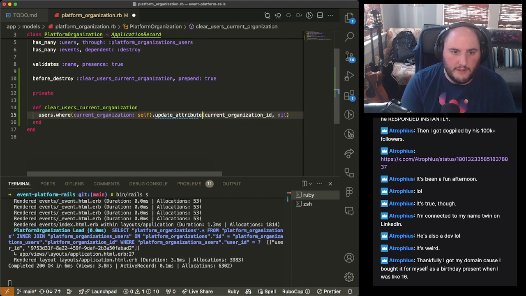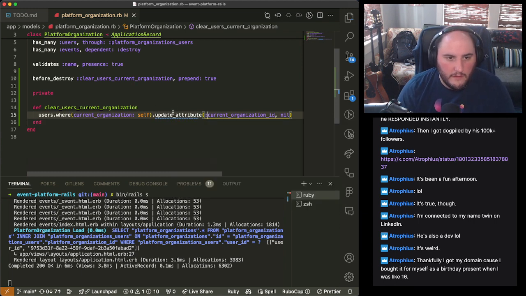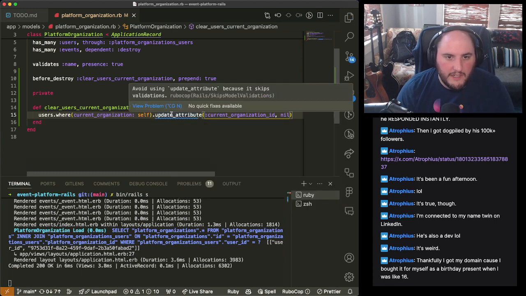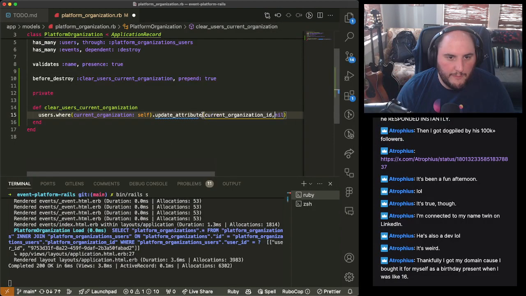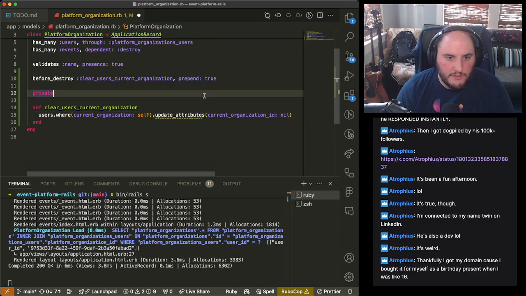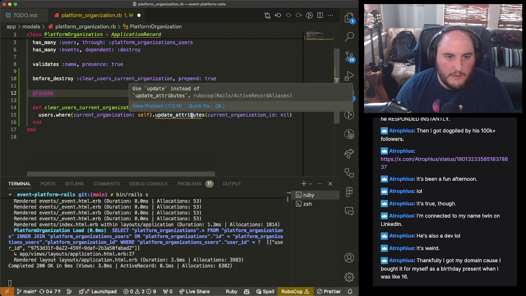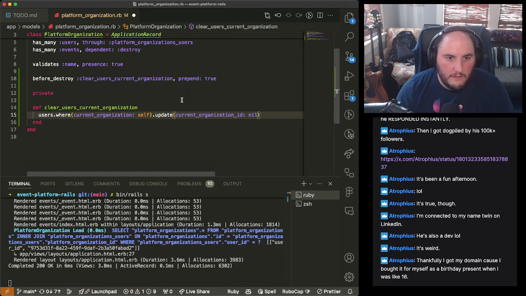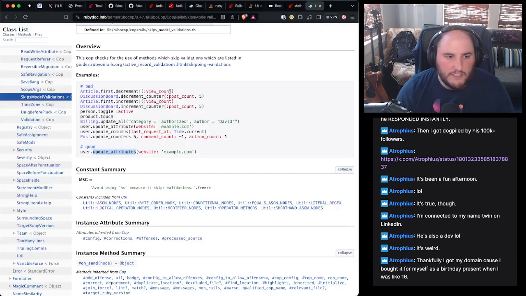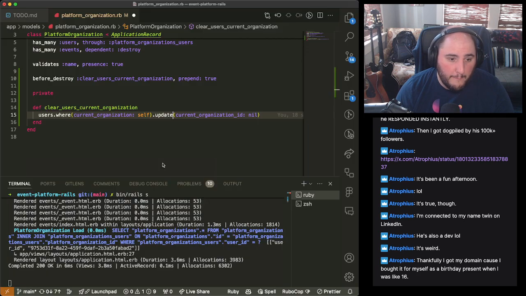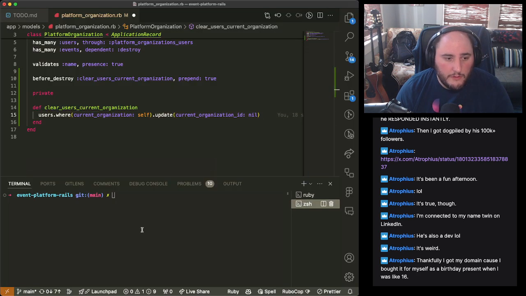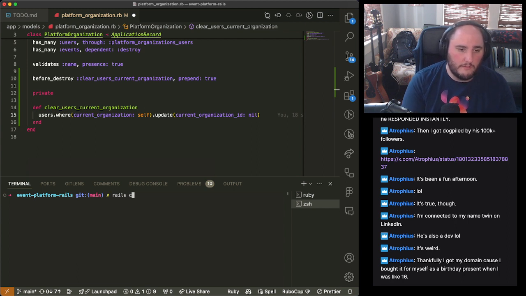And maybe we could do it this way. Avoid using update attribute because, okay. It's not attribute, but attributes. And the question is, does update work on all? Because this is a question I have. This is important. So let's go play with it for a second. See where we can get.